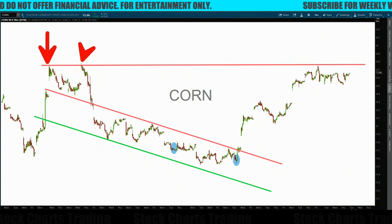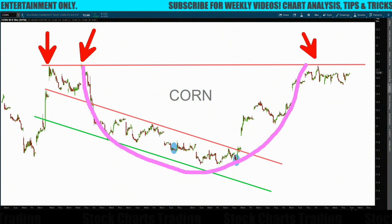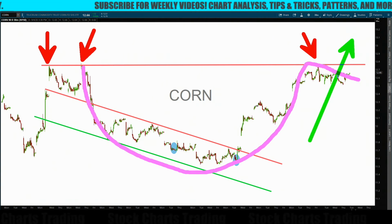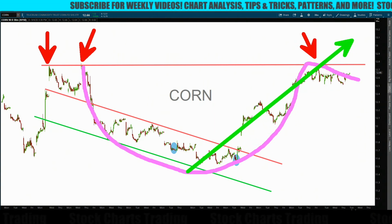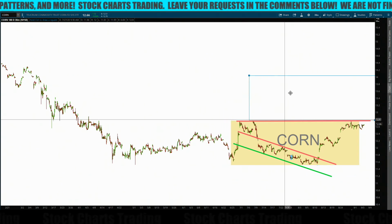Today, corn's up around 10%. And as you can see, we're making this topping pattern right here. But really what I'd like to show you is this cup and handle pattern that we're creating, meaning that we should get a breakout of corn all the way up to, that's right, I'm going to put a range box on you from the highs to the lows. That takes us up to